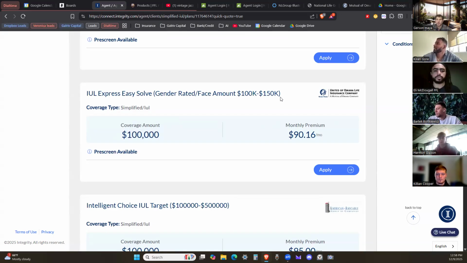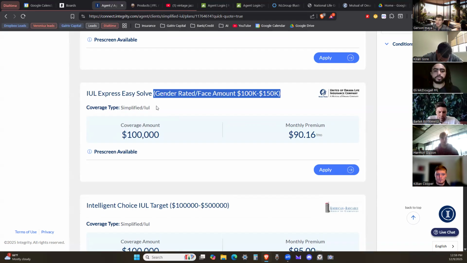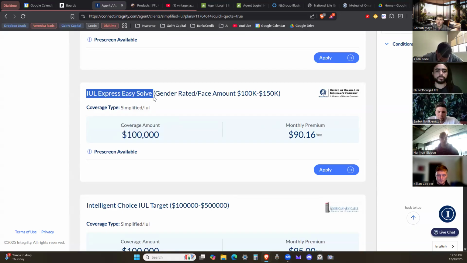It's a permanent life insurance policy. I have so many easy solve IULs on the books. They're amazing policies. But at the end of the day, if someone tells me what their goals are, and I just blatantly ignore them and get them something that's easier to sell at the moment, I'm not doing my job as an agent. So that's the biggest thing I definitely recommend to everybody: